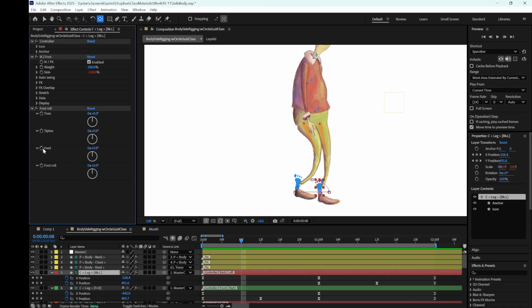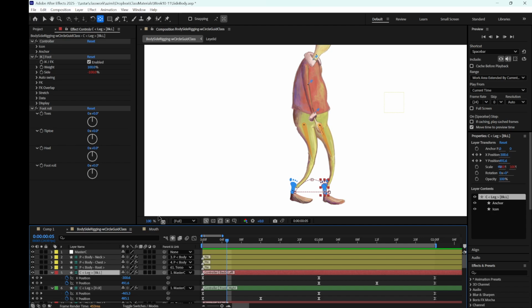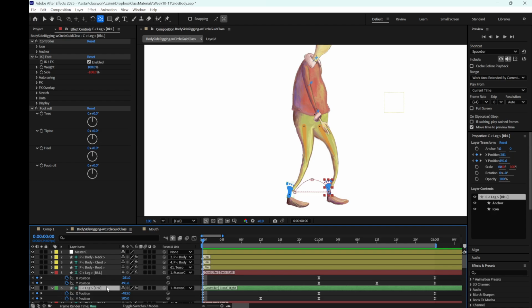And as you can see, there are stopwatch icon next to them. It means you can animate them. So again, for your assignment you have to use these features, but now because I want to keep it simple, I'm not going to use these features. I'm just going to animate the feet with its rotation attribute. So I select the controller for front leg, press R to get to rotation,